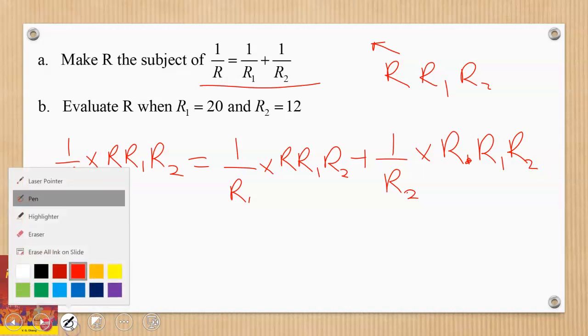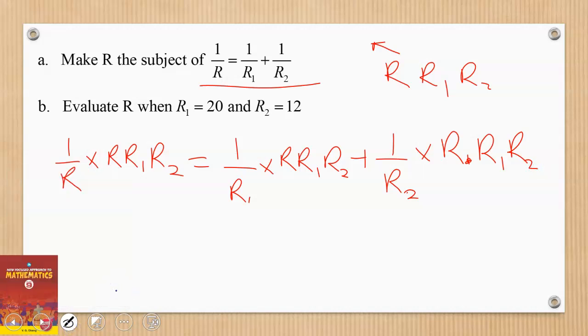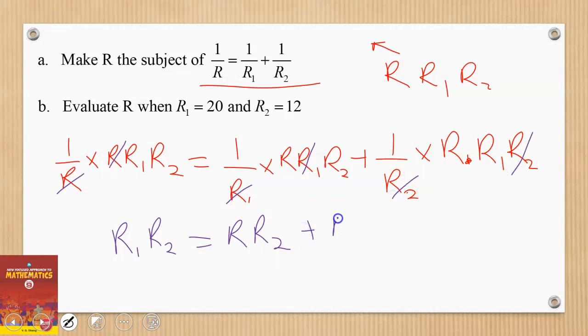Then we can simplify this by saying that this R can cancel this so that we are left with R1, R2. This R1 will cancel this, leaving us with R, R2. This R2 will cancel R2, leaving us with R and R1. And since we are making R the subject,